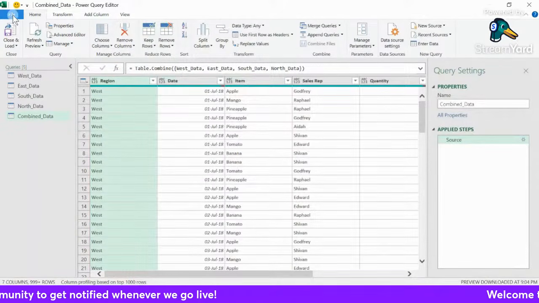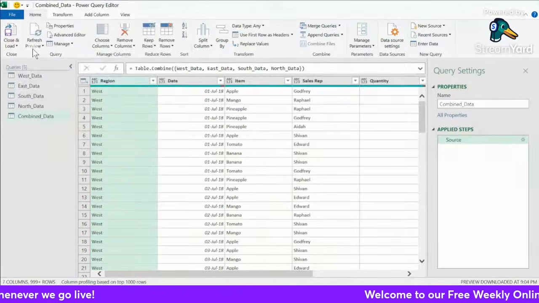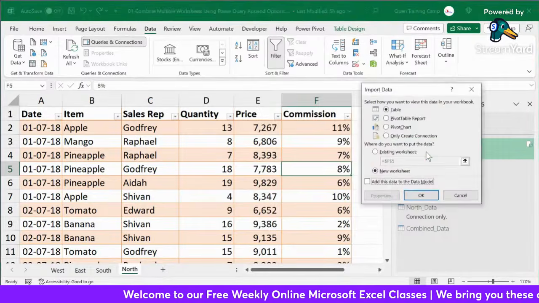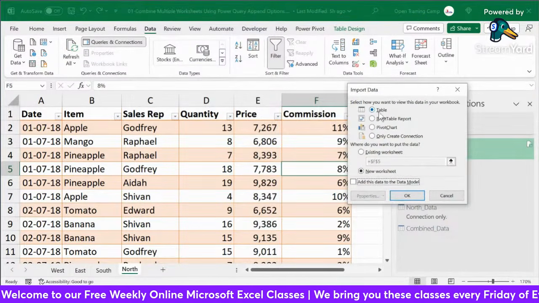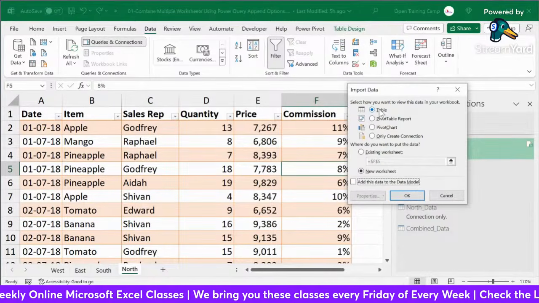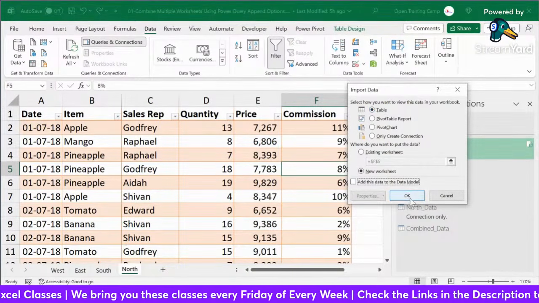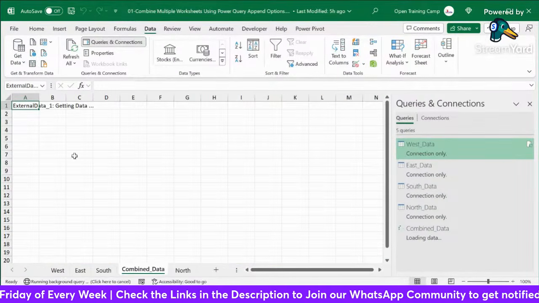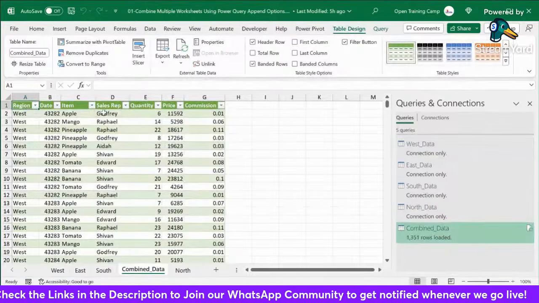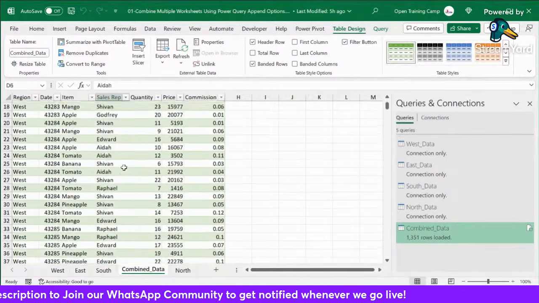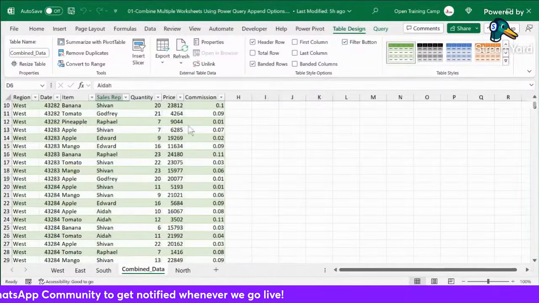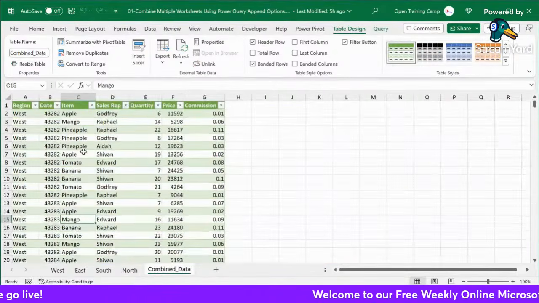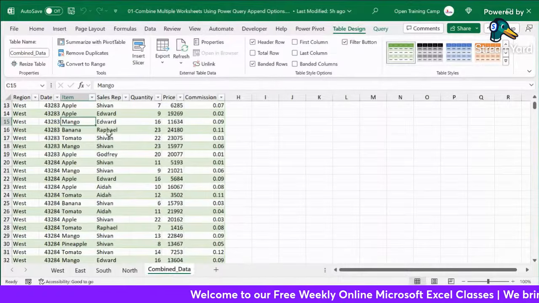We can actually close and load into one single table. Now, instead of loading this last particular query, we shall now load it into this particular option here so that we can start our analysis. All right, let me do that. I say okay. So what happens is that we shall get a new worksheet, and you can see depending on how large the data set is, this will be our final gigantic table combining all these 4 worksheets into one,